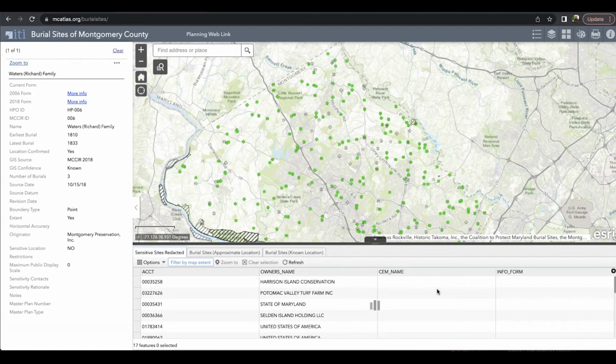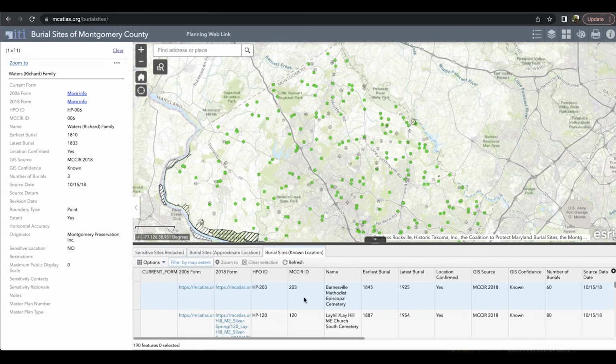And that involves using the filter function. So say you want to look for cemeteries of a particular date. For some cemeteries, not all of them, but for some of them, we have earliest and latest date for the burials. So let's go to, and it won't work for approximate probably, because mostly with the approximates there aren't known stones. But if we go to